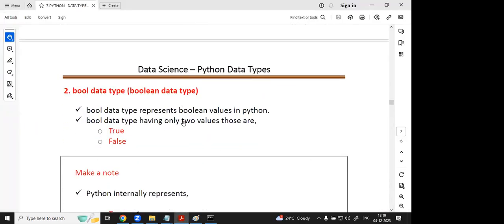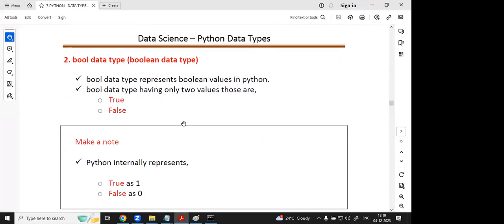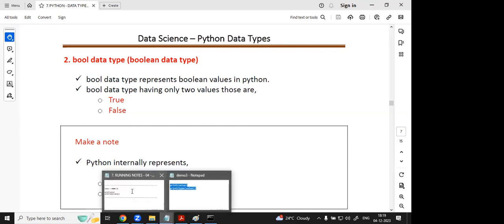All right. Important, sir. The topic name is Boolean data type. What is the topic name? Boolean data type. Very good. Yeah, let's move on. Boolean data type. Good. So before discussing this topic,